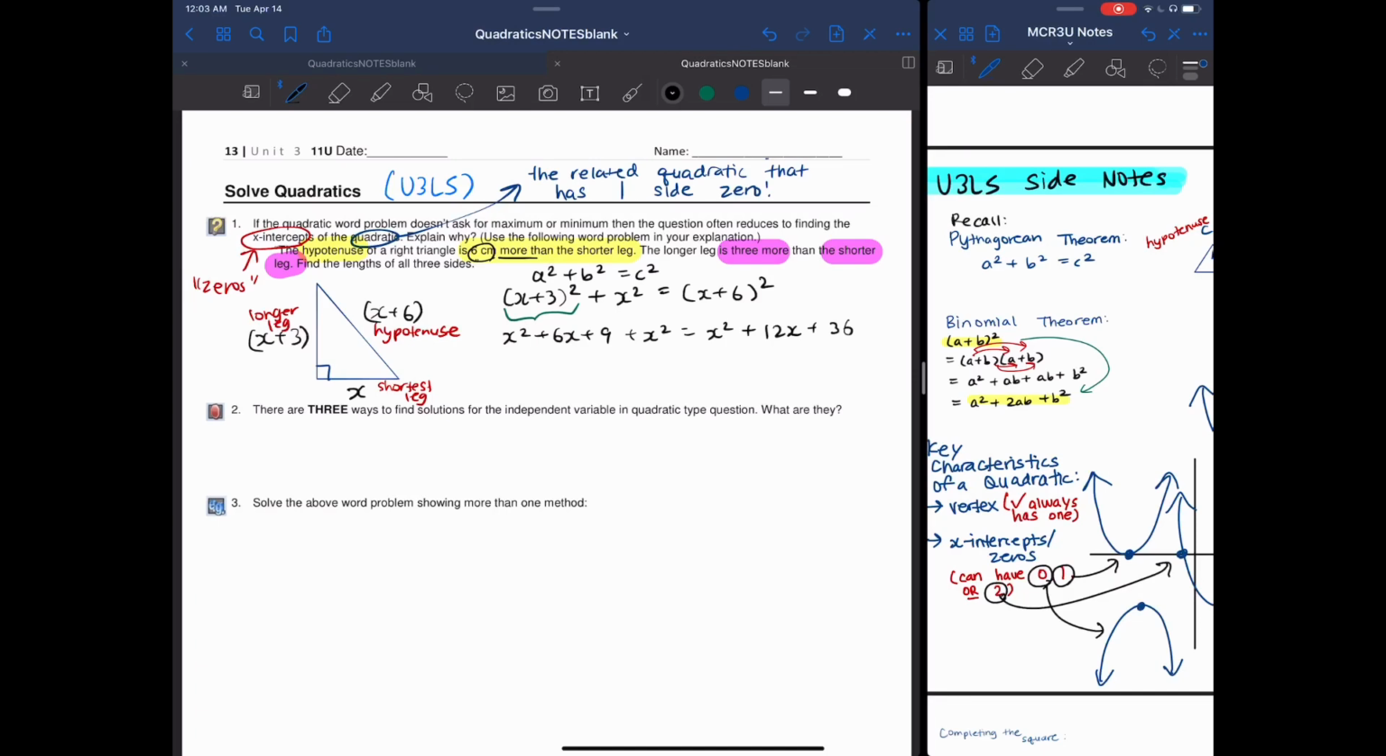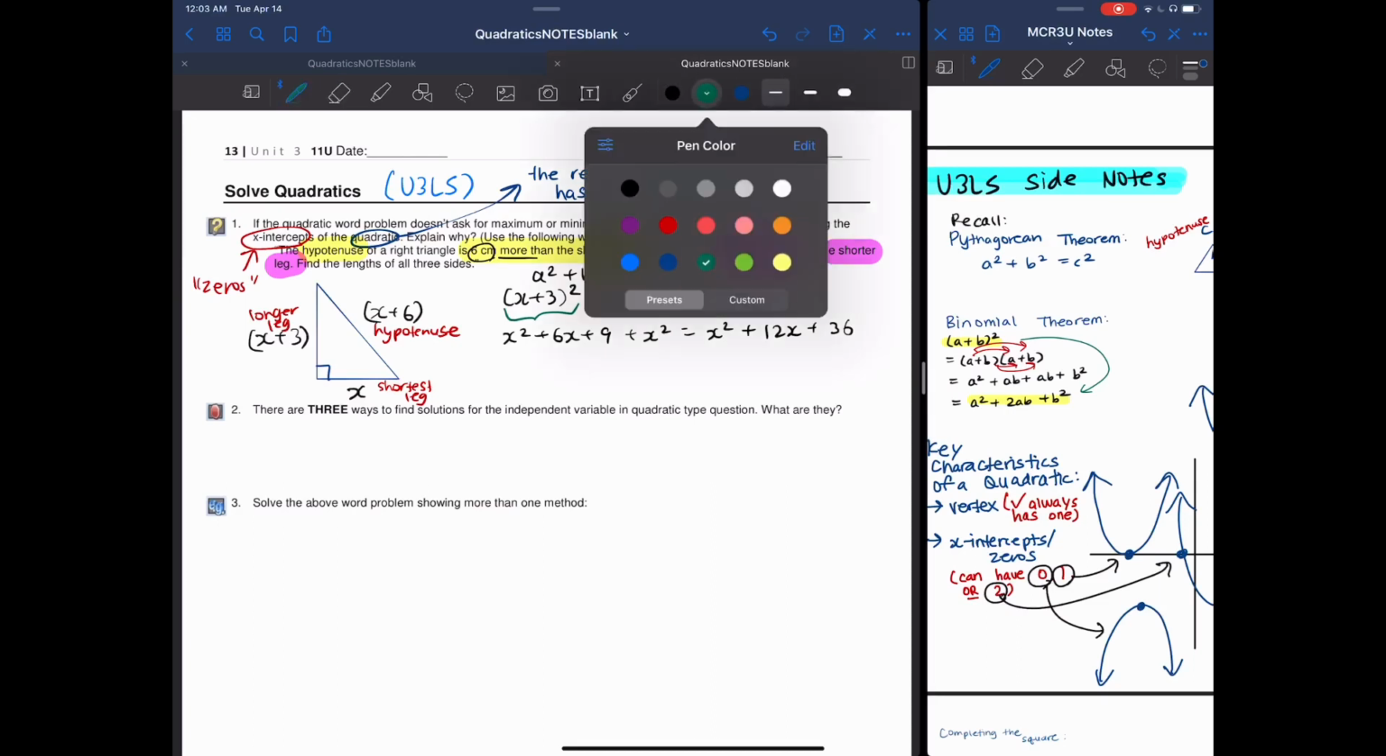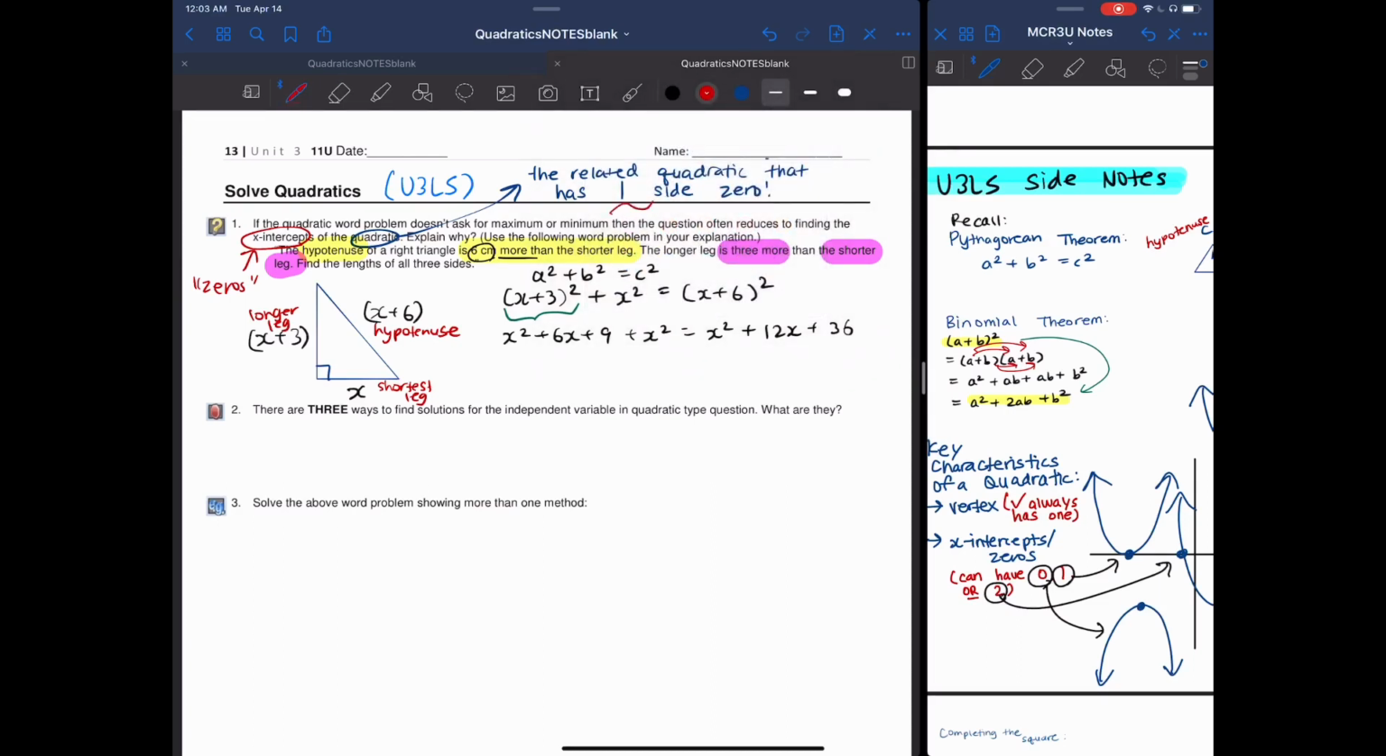In order for me to solve, I need to get one side to equal 0. I'm paying attention to this. All right, and so that means I need to start moving things. I'm going to move everything to, let's say, the left. So that means I need to get rid of everything on the right by using the opposite signs. And so what I do to the right side, I have to do to the left. And so I get